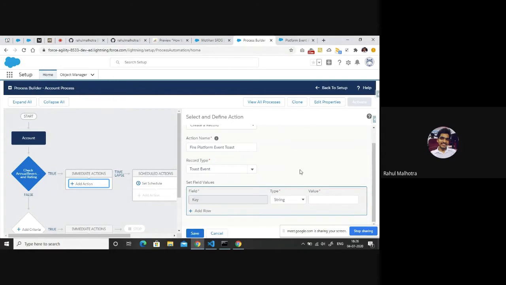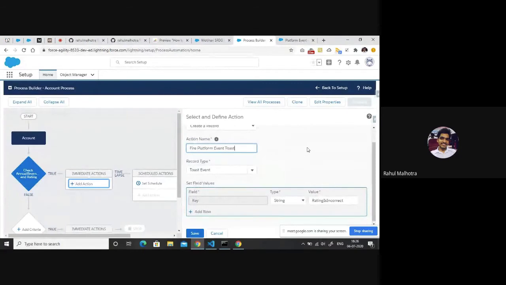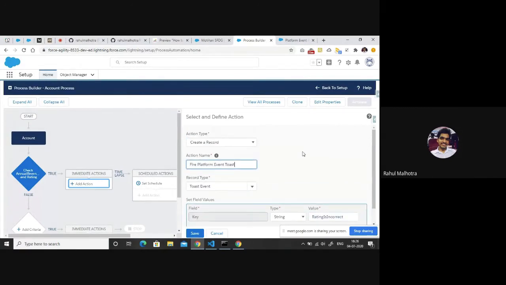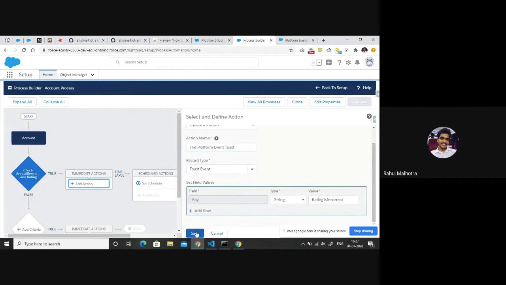I have intentionally added this key field because it's easier to find the process builder when we have a number of toasts in our system that appear on different use cases. So you can simply give our key as, let's say, rating is incorrect or something like that, right? I have given my key here as rating is incorrect, and I'm going to copy this key because we are going to use it whenever the toast is displayed. When we add our toast into our account detail page, we'll be using this key again. So I'm going to copy this key once, and I think that's it for this, right? So I'm going to save it,